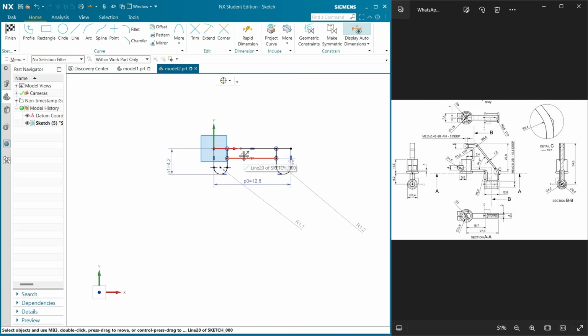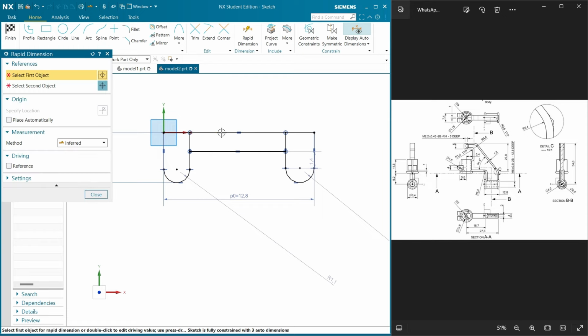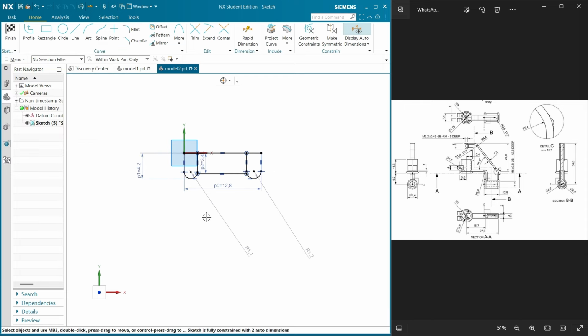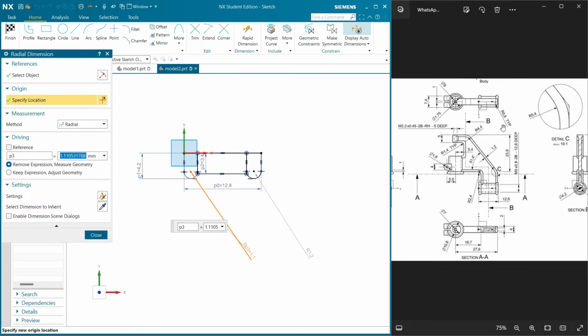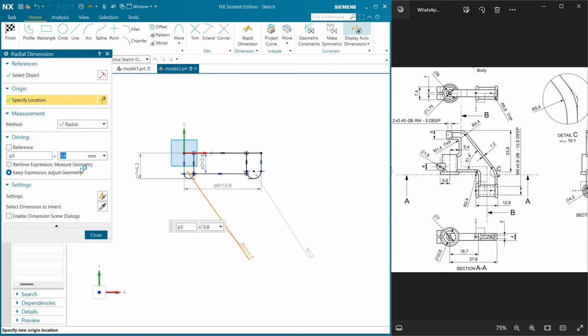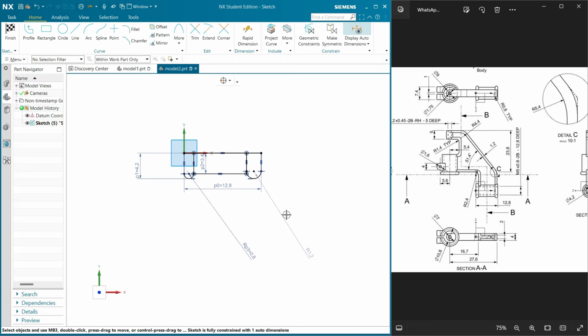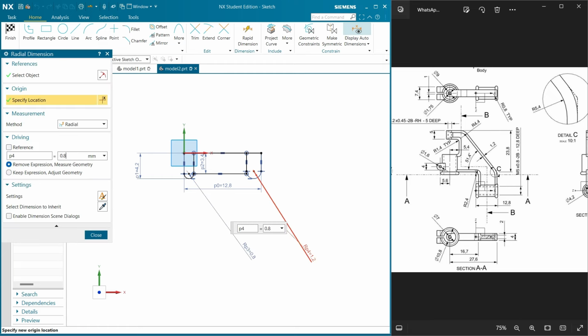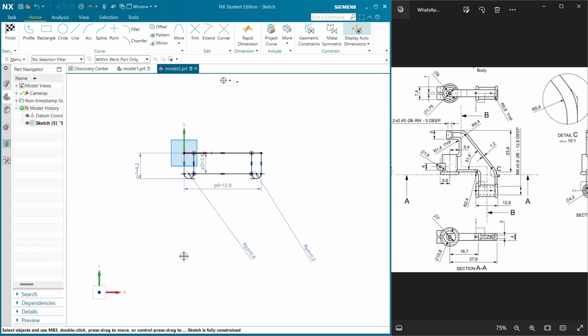The distance from here to this line is going to be this 6.8, since it's the diameter for this one. It's 6.8/2. And then our radius is 0.8. Now you can see that the sketch is fully constrained. And then I can just